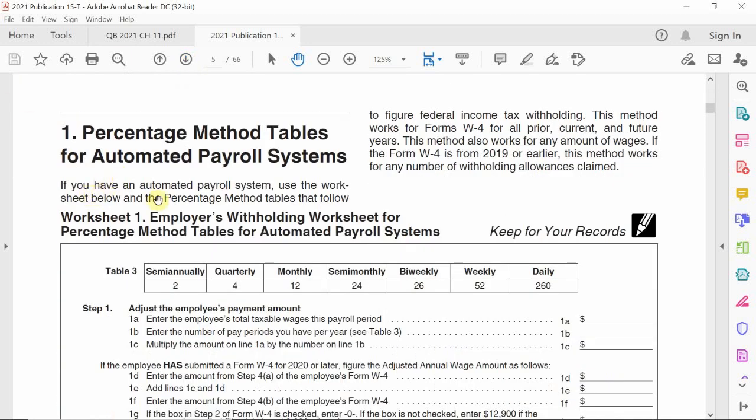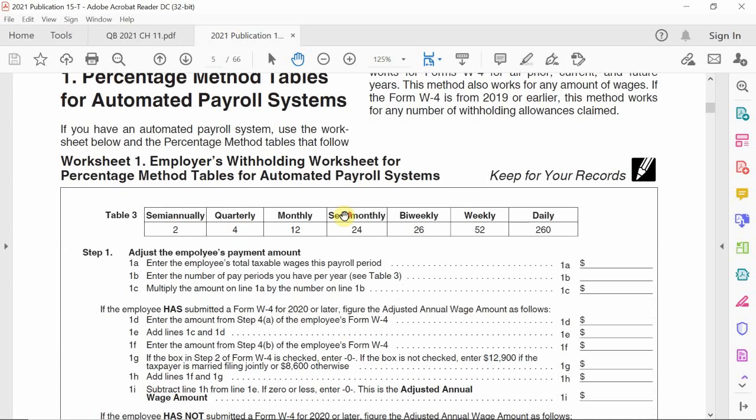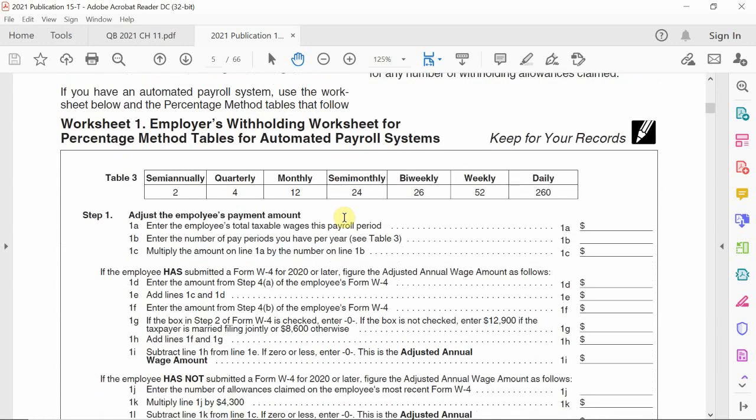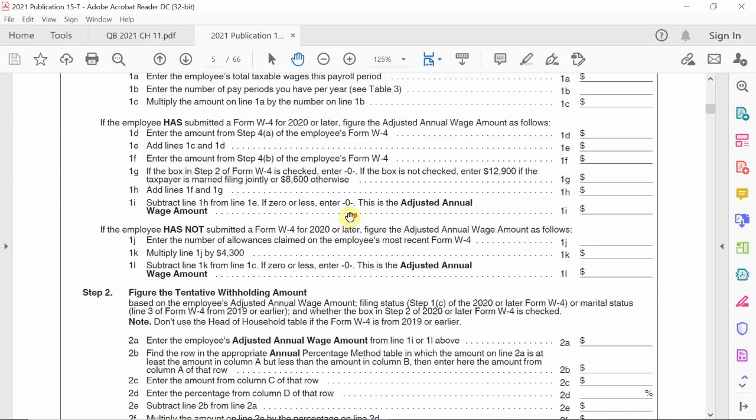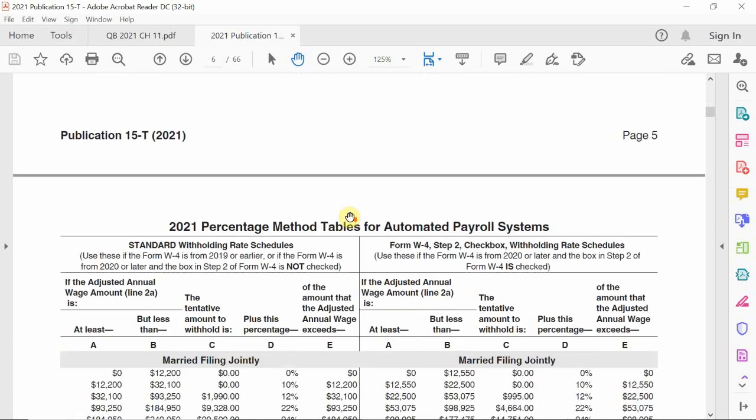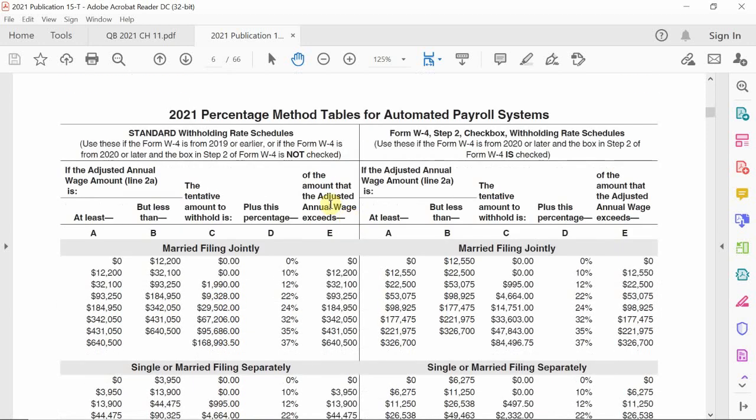Which is the percentage method table for automated payroll systems. That means because we're using an automated system, a payroll system that does the calculation for us, we need to make sure that our tables and the tables you're using in QuickBooks match right here. So again, this is their new 2021. Right now in QuickBooks 2021, you would be using this if you are processing payroll in the year of